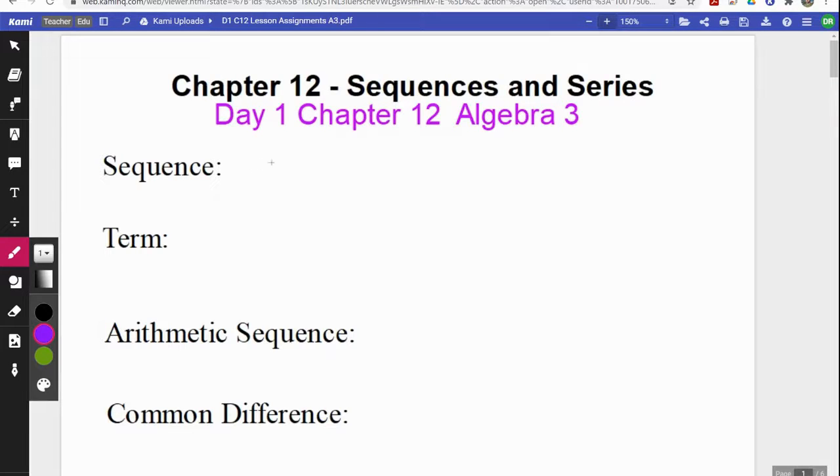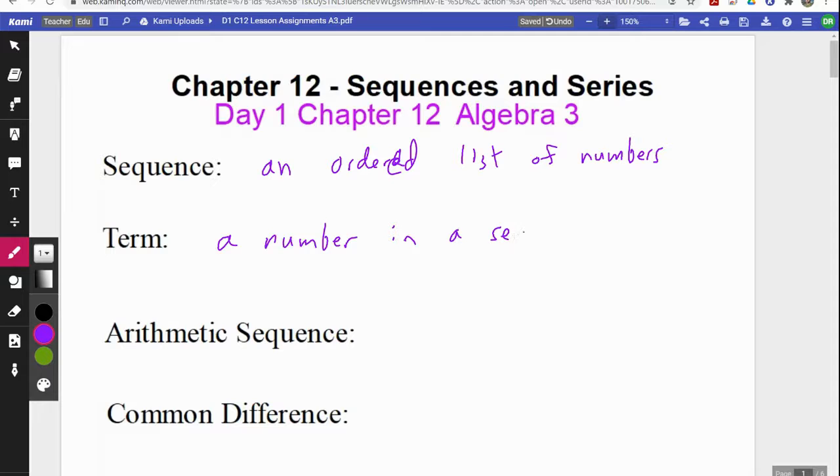A sequence is, simply put, just, let's call it an ordered list of numbers. And each number in this list is its own term. So it's a number in a sequence. There may be a time in which there's a variable there, here and there, but the quantity that resides in a spot in a sequence, like the fifth term of a sequence, is the number